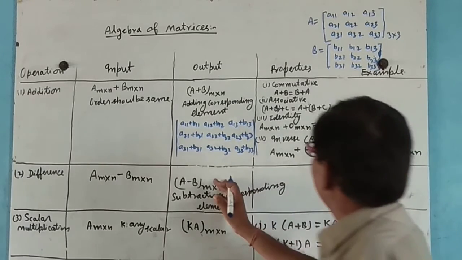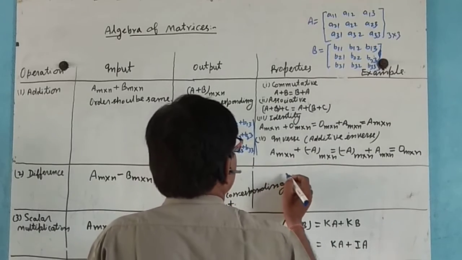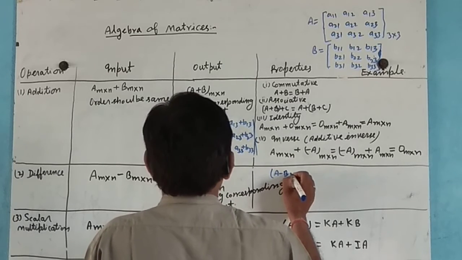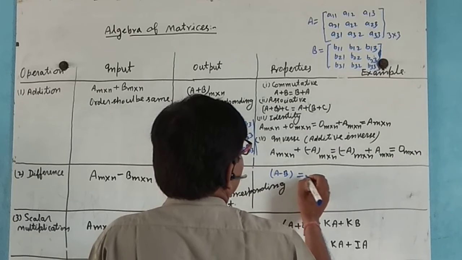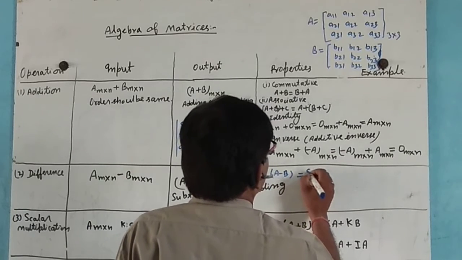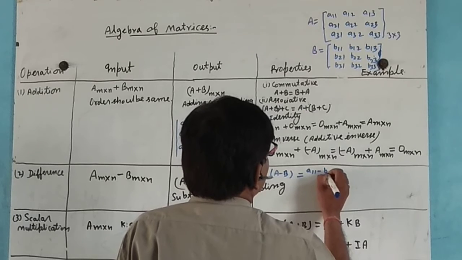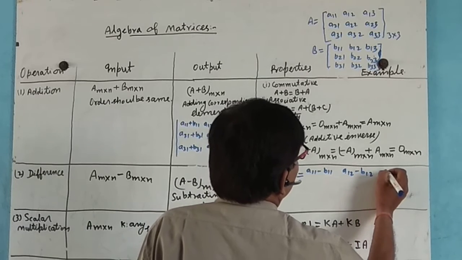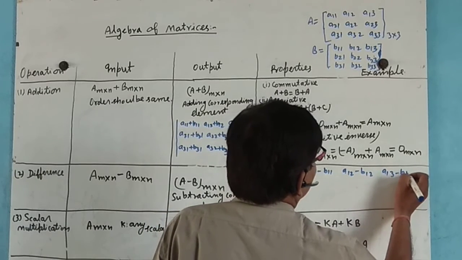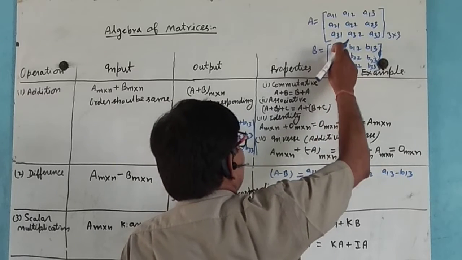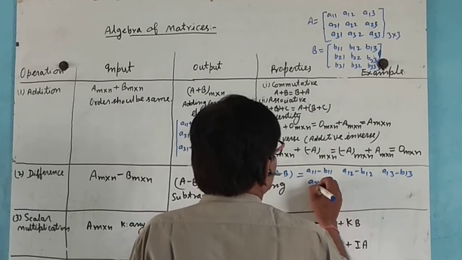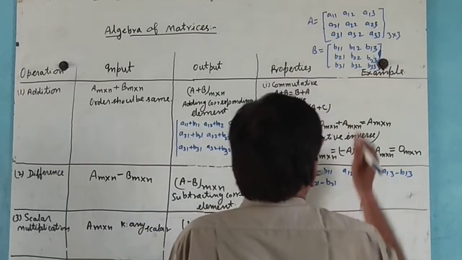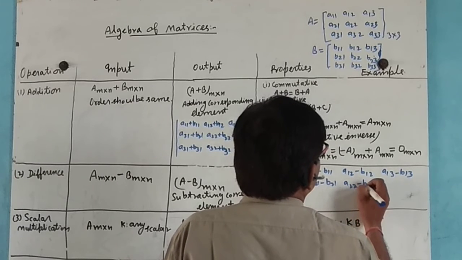If you calculate A minus B in this case, this will be A11 minus B11, A12 minus B12, A13 minus B13. Similarly, A21 minus B21, A22 minus B22,